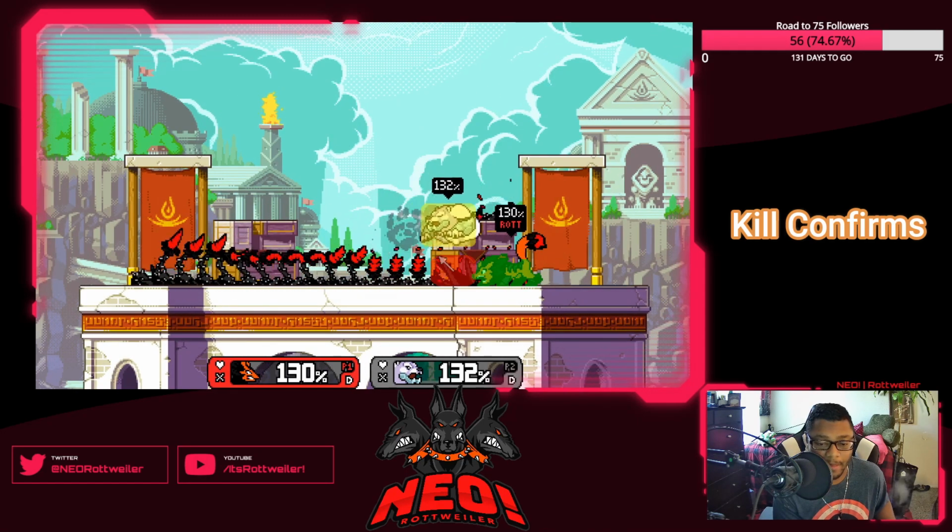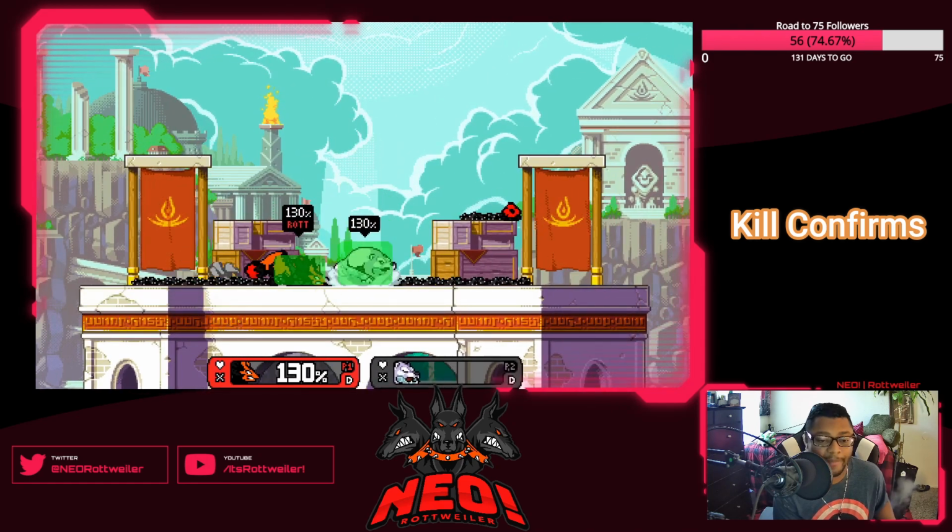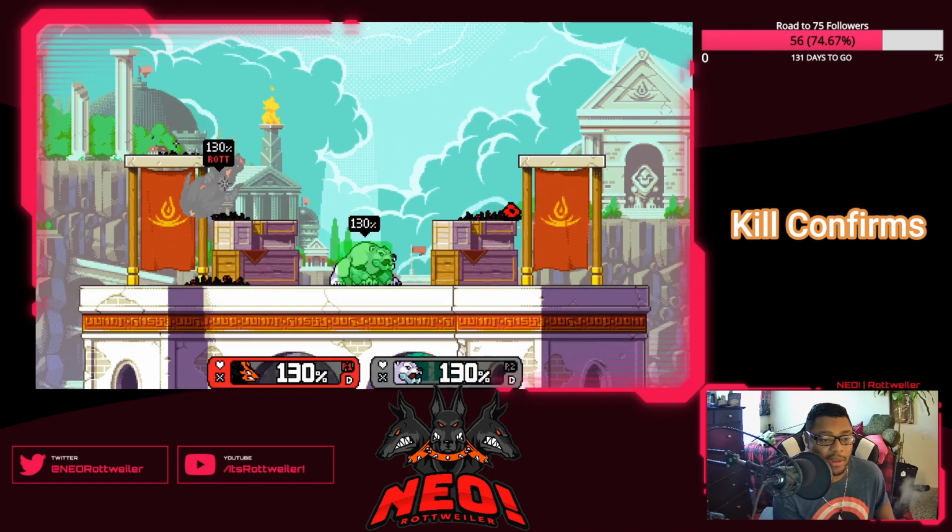Just F smash, as you can see. So you can confirm out of it quite well. Up tilt,